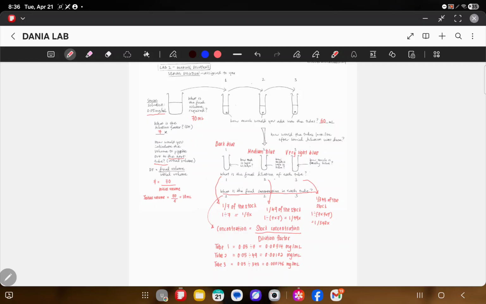In summary, for a serial dilution with dF equals 7 times and final volume equals 70 ml, I pipette 10 ml from previous tube. I add 60 ml distilled water. My final dilution is 1/7 and 1/49, and lastly is 1/343. Color becomes lighter with each tube, and this